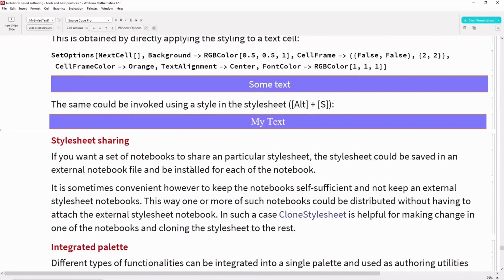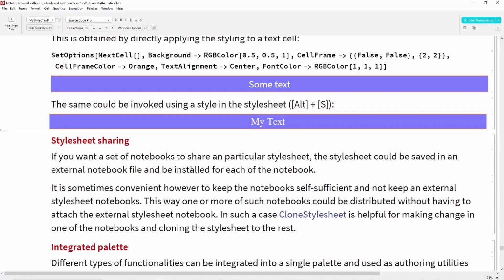If you want to make sure that you're not applying styling all over again, you can make use of the clone style sheet function. What the clone style sheet function does is it takes an input notebook and an output notebook, and it applies the styling from the input notebook to all the target notebooks.